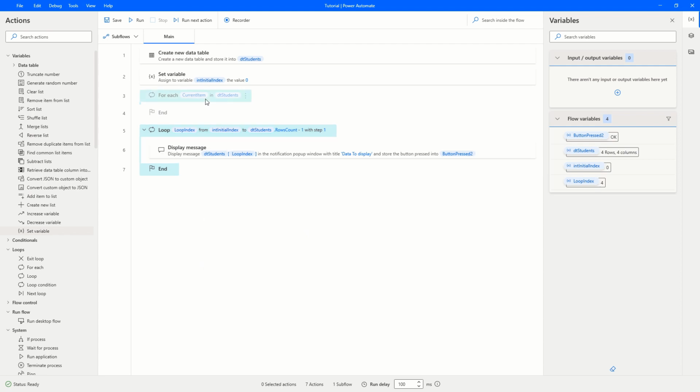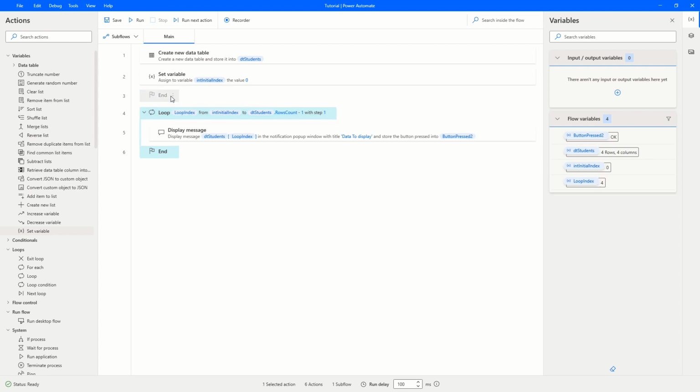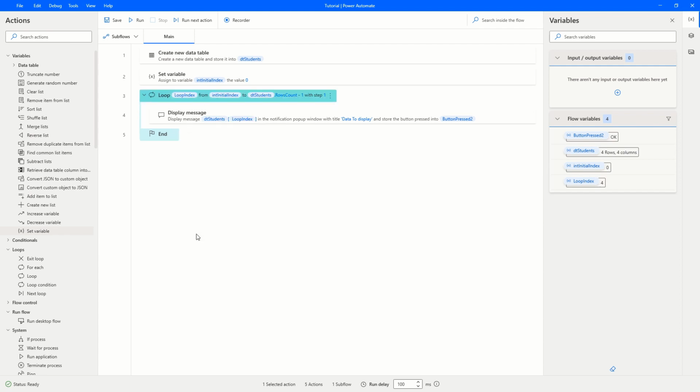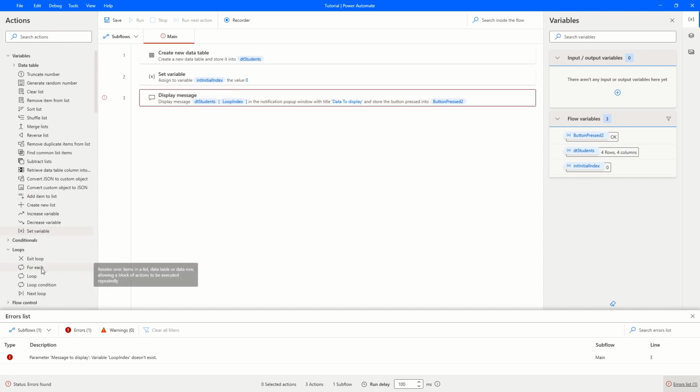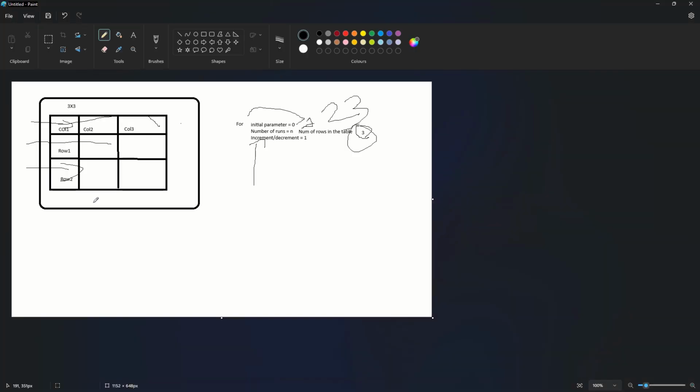All right, so we have seen ForEach, we don't need this anymore. Let's delete this and also delete loop. Okay, so we looked at ForEach and loop. Now we're going to look at loop condition. Loop condition is equal to a while loop. It does the same thing, but the difference is